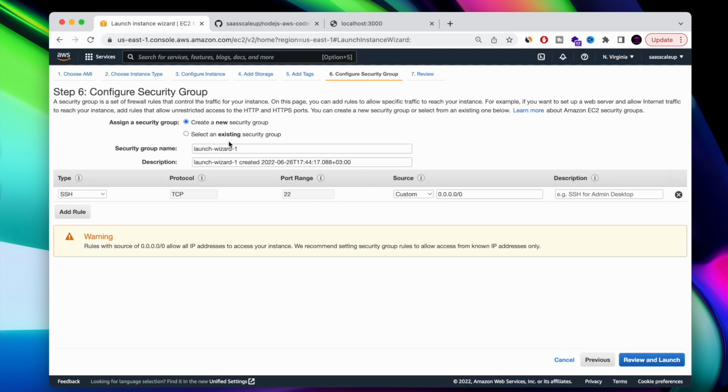Perfect, and now let's create a new security group. If you guys don't know, a security group is basically where we define what kind of traffic we are allowing or not allowing to our app, to our server. So I'm gonna open it for two